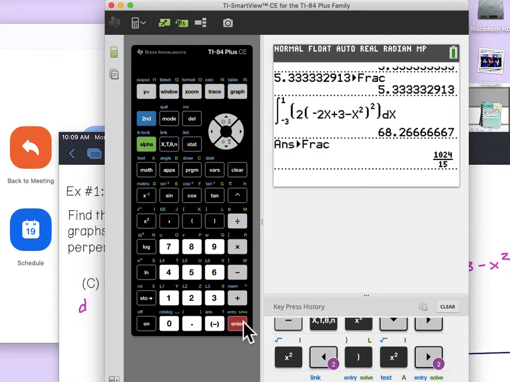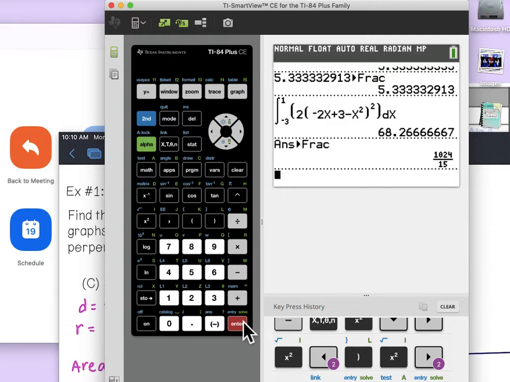So the diameter is going to be that negative 2x plus 3 minus x squared quantity. But to find the area of a semicircle, you need to know the radius. So the radius is going to equal half of that. And then the area of a semicircle is 1/2 pi